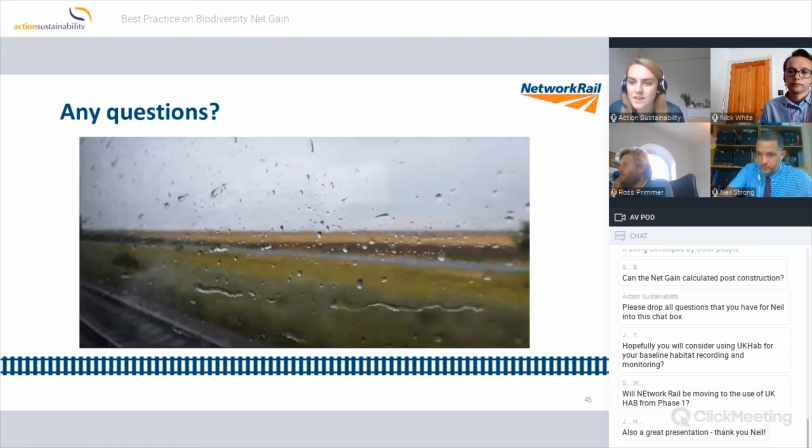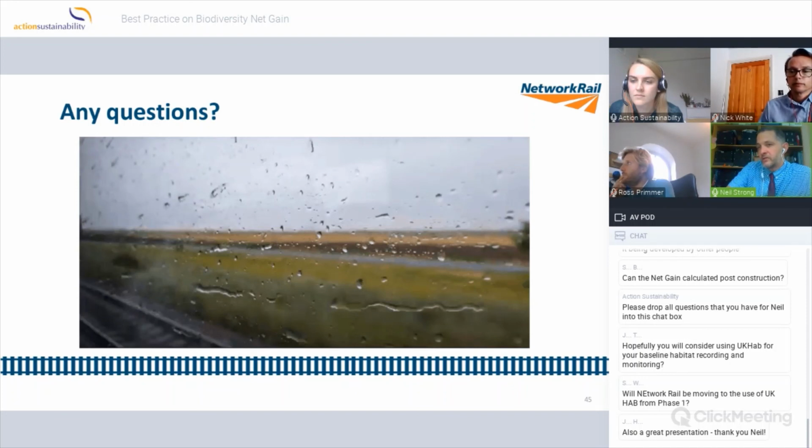So the next question is for Neil. How does Network Rail identify what species are present? On the network, if it's at a local level, then we will have people doing local surveys prior to projects taking place. The remote sensing won't be going down to the species level. It'll be stopping at the habitat level.